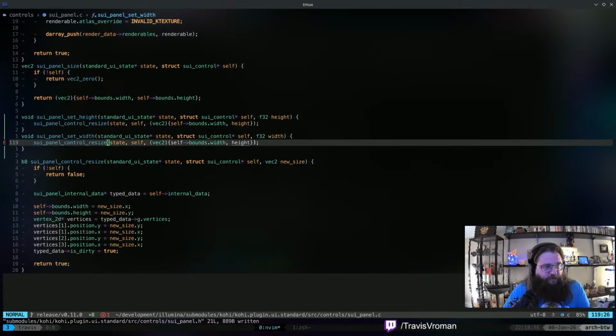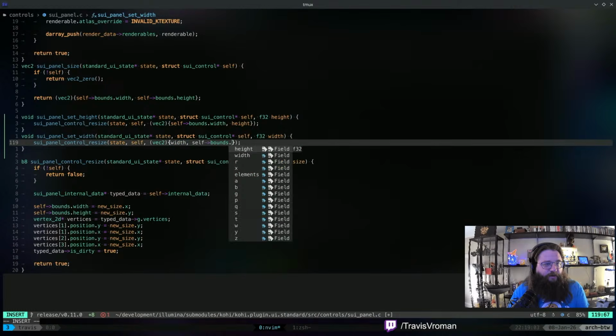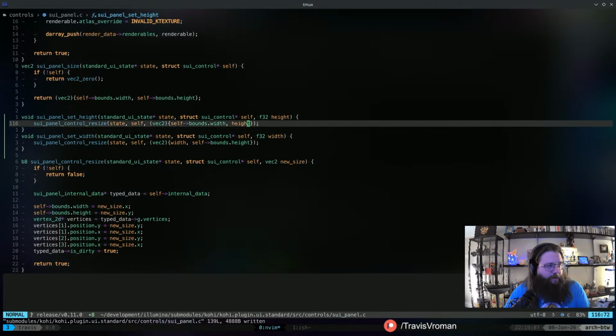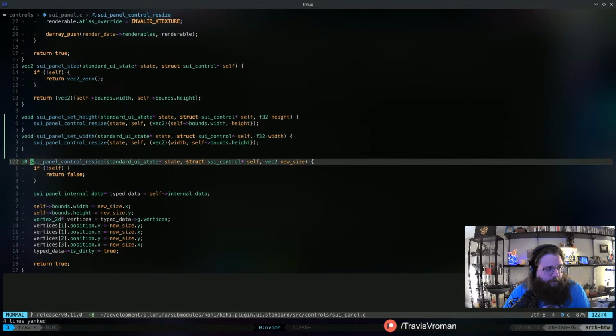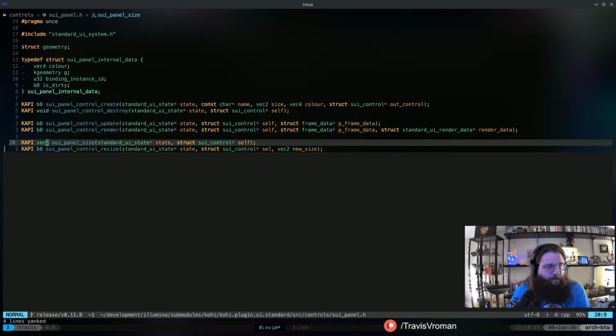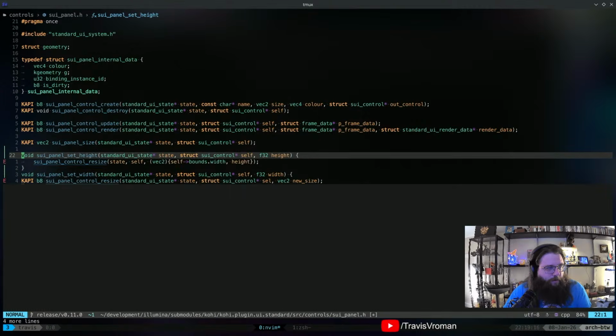All right, so this needs to be width, and now it needs to be self bounds height. Oops, height. Right? And then we can take these two and put them here.